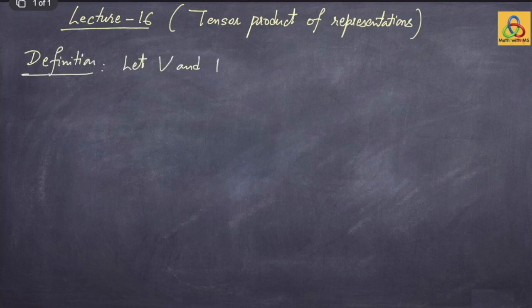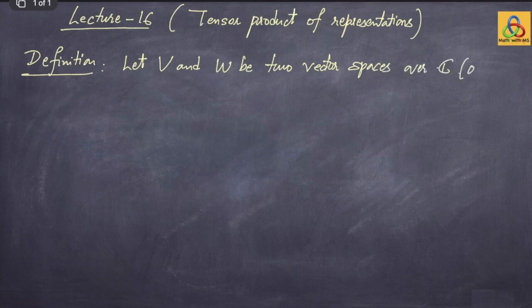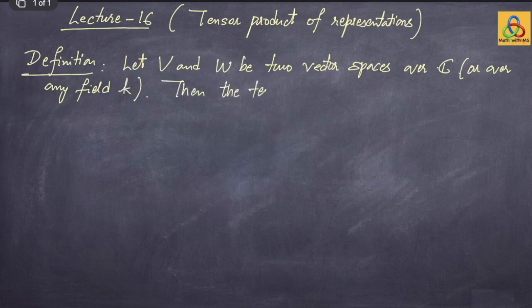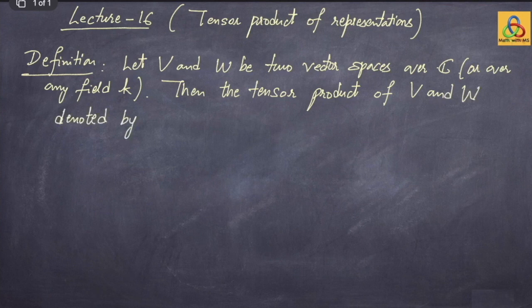So definition: let V and W be two vector spaces over the field of complex numbers. All these constructions are very general and can be defined over any field. Since we are working over complex numbers, we'll just take complex vector spaces. Then the tensor product of V and W, which we denote by V tensor W over C,